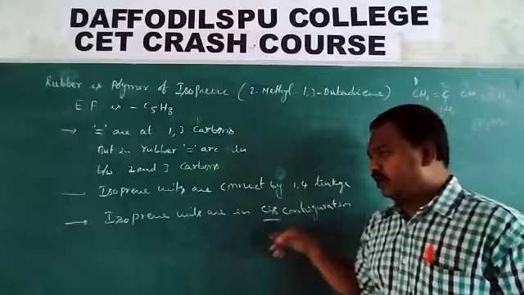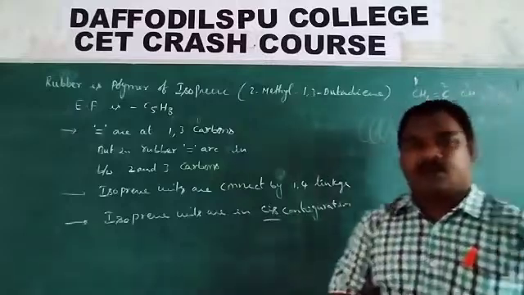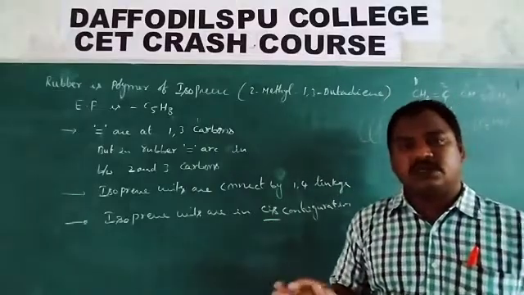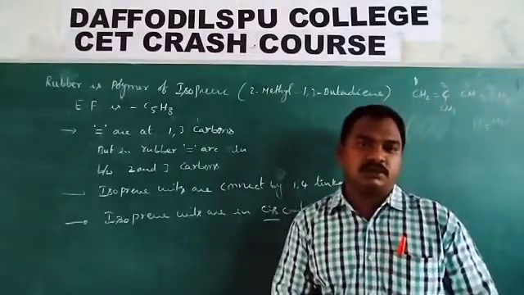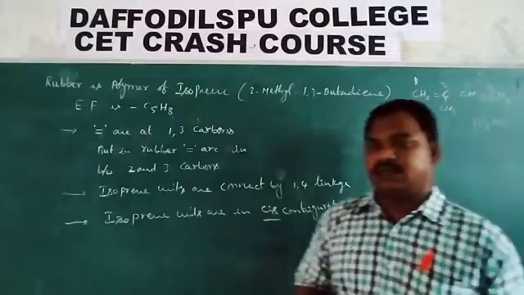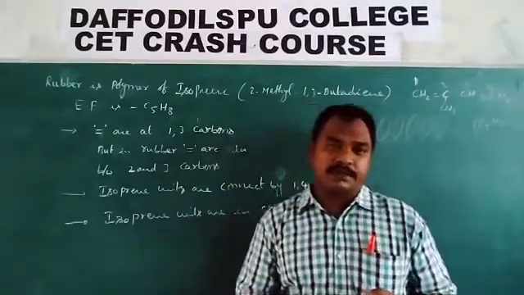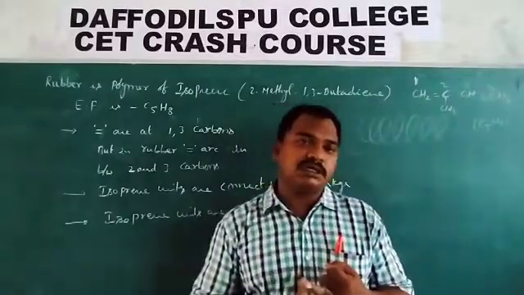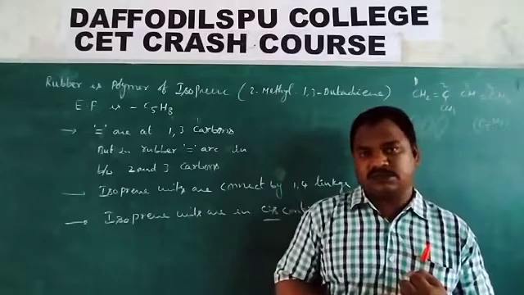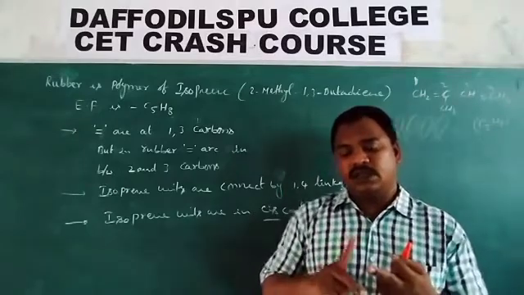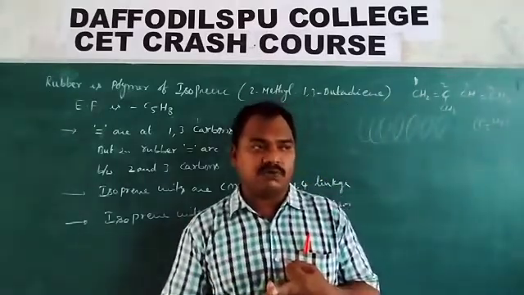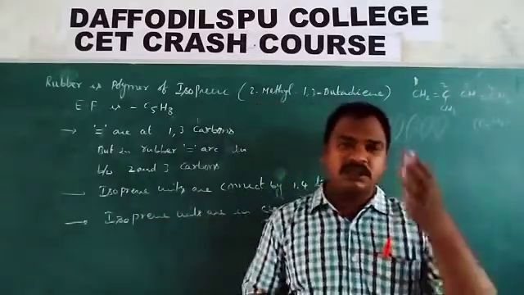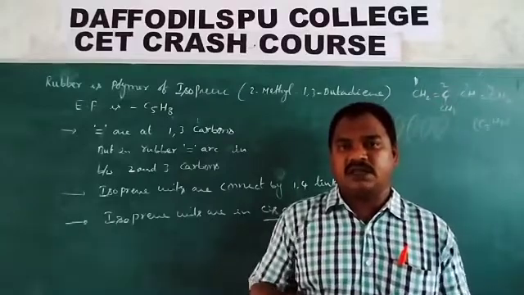The extracted natural rubber has some bad qualities. Due to that, it does not have much commercial importance. We will look at what those bad qualities are. Natural rubber absorbs a large amount of water and easily undergoes chemical reactions. On heating, natural rubber easily becomes soft. On cooling, this rubber becomes brittle. So all these are the bad qualities of natural rubber.